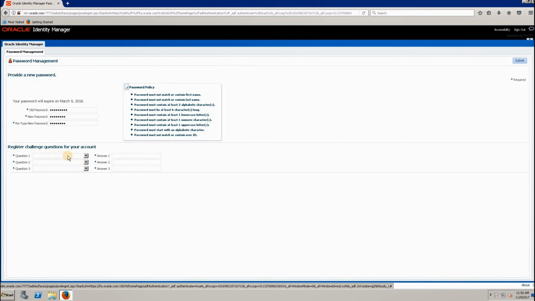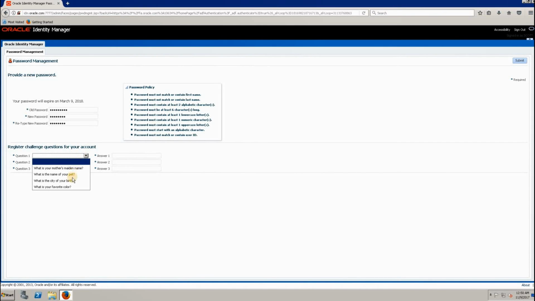There are questions which we have to answer. So system will use these questions in case the user forgets his password. To reset the password, he will be asked to answer these questions, and the system will reset the password for him. So here we can select several options. Anything, for example, what is the name of the pet? We can just